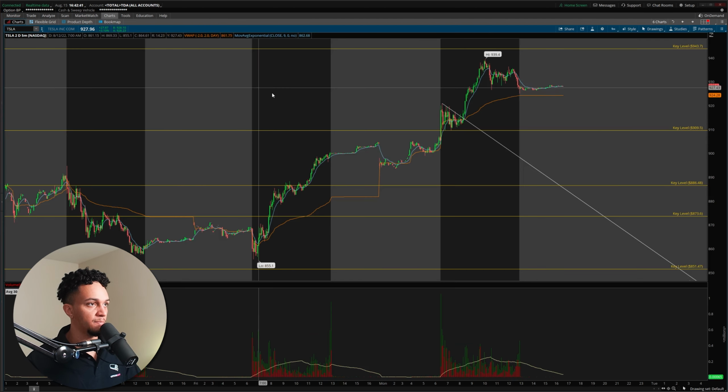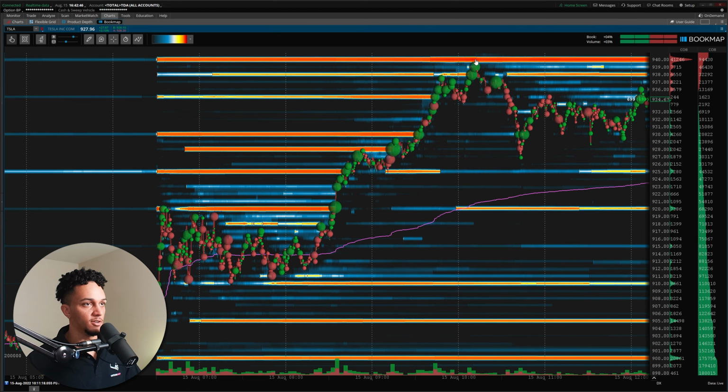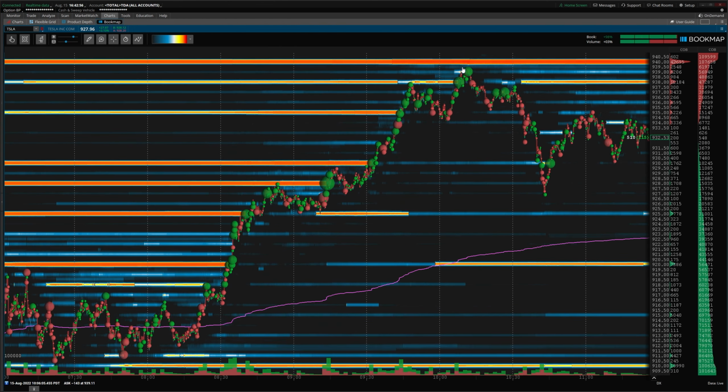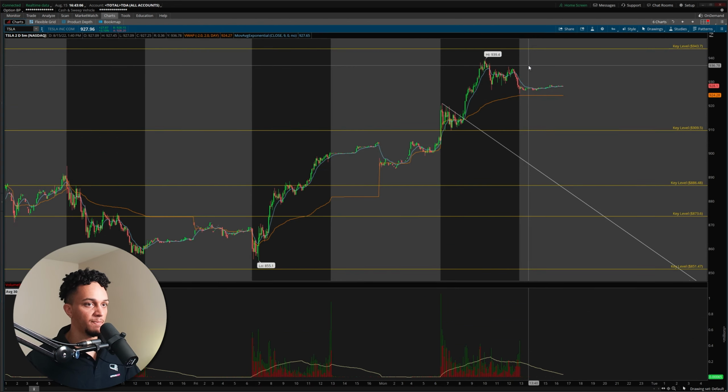And the next level I had marked in my chart, 940, which is the level going back to February, March of this year. There's clearly a huge seller up here, conveniently waiting for price to come up here and shove price back down. And buyers needed to be aggressive to push price over 940. Clearly they gave up. There's exhaustion in the market, and price pulled back about $13 at the end of the day. So having Bookmap and also coinciding with my key levels just makes me have more confidence in my trades,